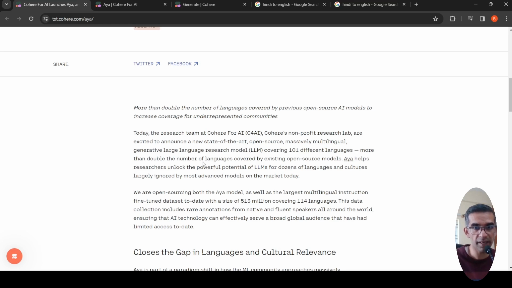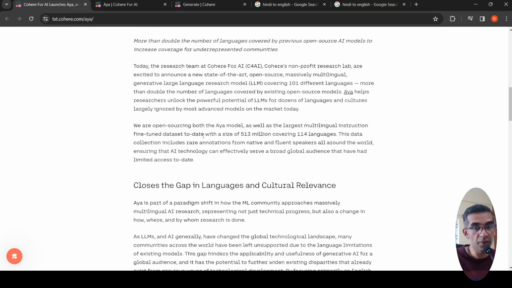They are also open sourcing the model as well as the largest multilingual instruction fine-tuned dataset to date, with a size of 513 million, covering close to 114 languages.